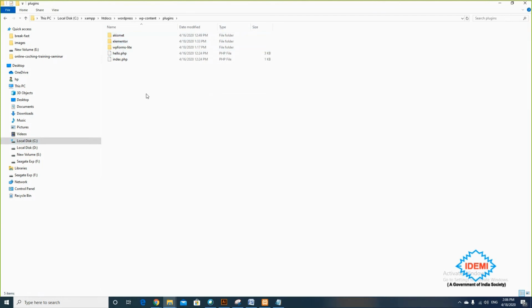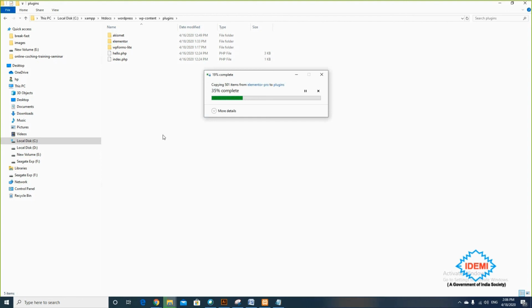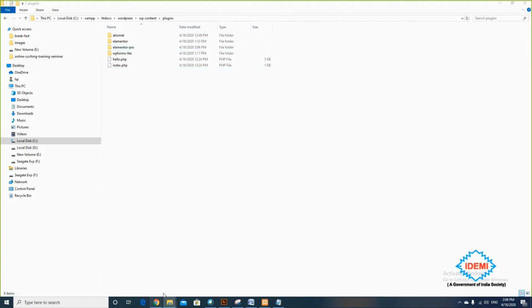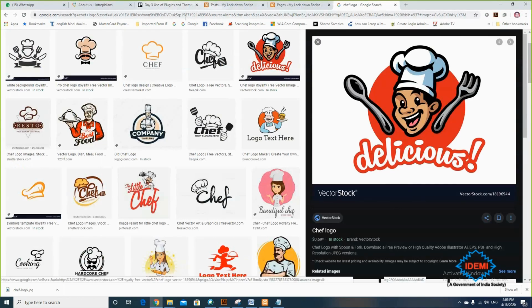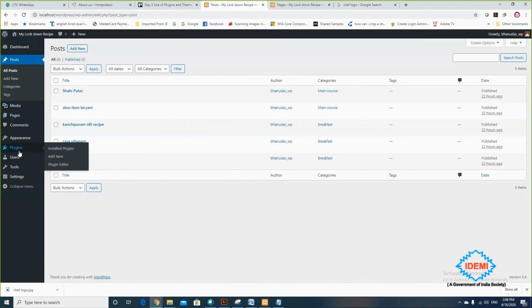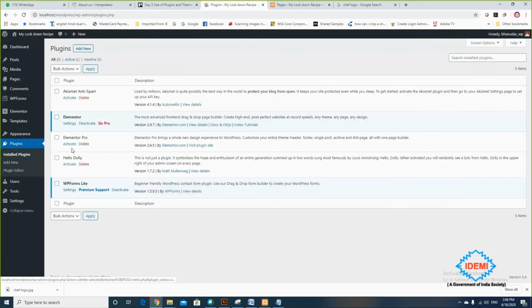So this is Elementor, and same way I'm testing my Elementor Pro also here. Okay, so once I finish, I'm returning back here in my plugin options and click on install plugin. So it will automatically give me the two versions here. Okay. One is Elementor Pro and another is Elementor. So I'm just activating this.